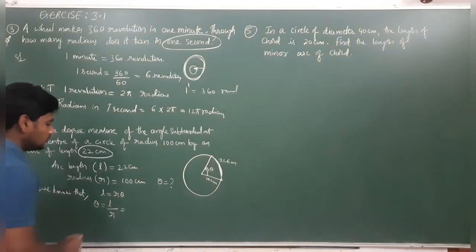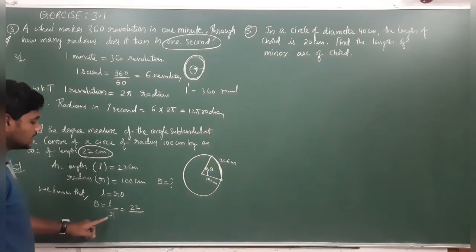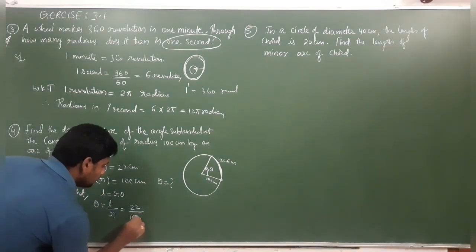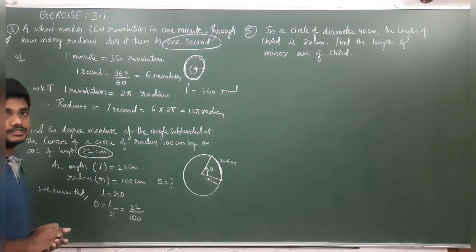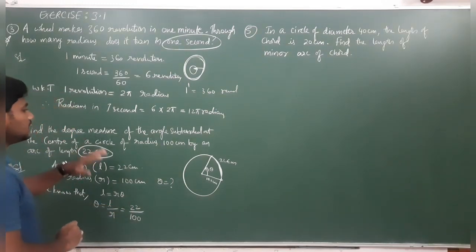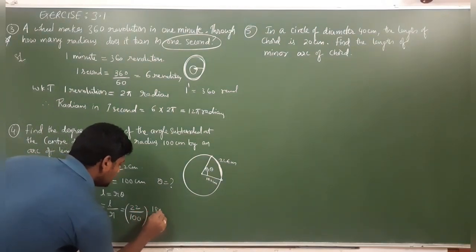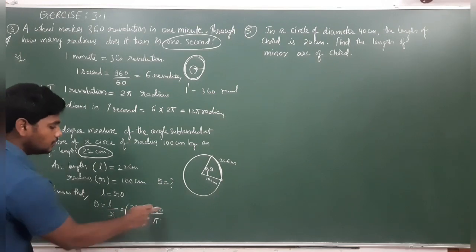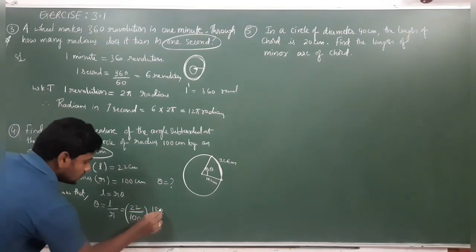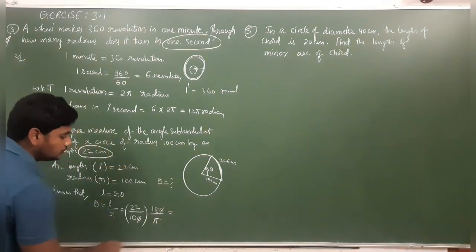Now what is the L value? L is 22, divided by R value 100. 22 by 100. But this is in terms of radians. To convert into degree measure, what we need to do? Multiply by 180 by pi. To convert from radians into degrees, into 180 by pi. So the 0 and 0 cancel. This pi is nothing but 22 by 7 now.